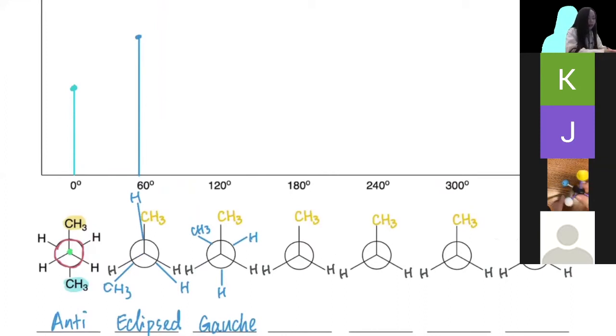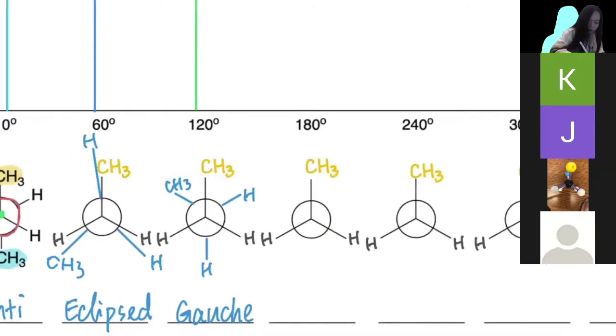Although this blue and this yellow are not knocking directly into each other, they are closer than in the anti position. So we are expecting the energy to be higher than the anti position, but lower than the eclipse. So if we keep moving,